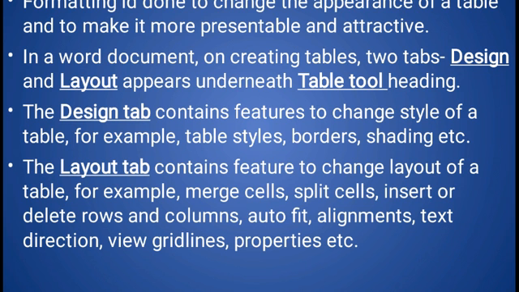Merge cells means, suppose you select two or more cells, then you can combine them into one cell. Split cells means, suppose you have one cell, you can divide this cell horizontally or vertically. Auto fit means, according to our content and our column size, you can fit your table size. You can also control the alignments: left, right, center, justified, top, center, middle. Text direction means in degrees. Suppose 20 degrees, 45 degrees, 95 degrees, you can move your text in a particular angular style.